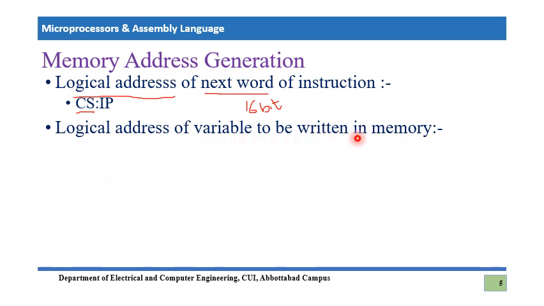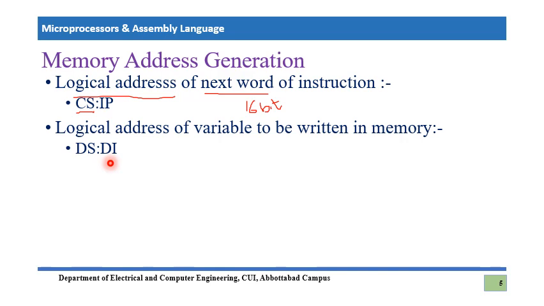Okay, now we are changing this concept from instruction to data. In the first point we discussed the instruction route. Right now we are discussing memory, and a variable can be any data. So in memory, which segment do we use, the data segment or the extra segment? The first preference is of course the data segment. So this segment base address is stored in the data segment register, and the offset part is stored in DI.